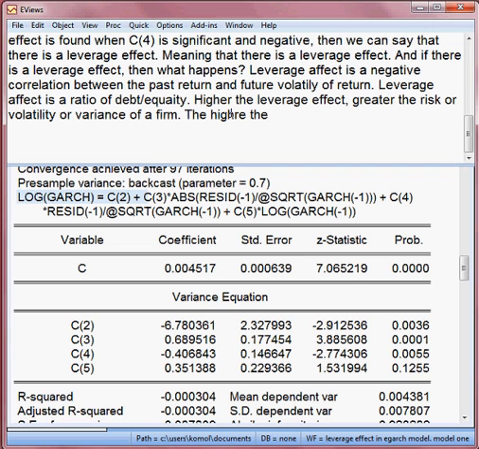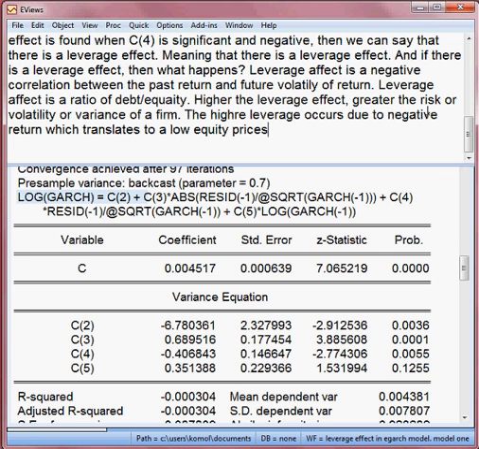The higher leverage occurs due to negative return, which translates to low equity prices,